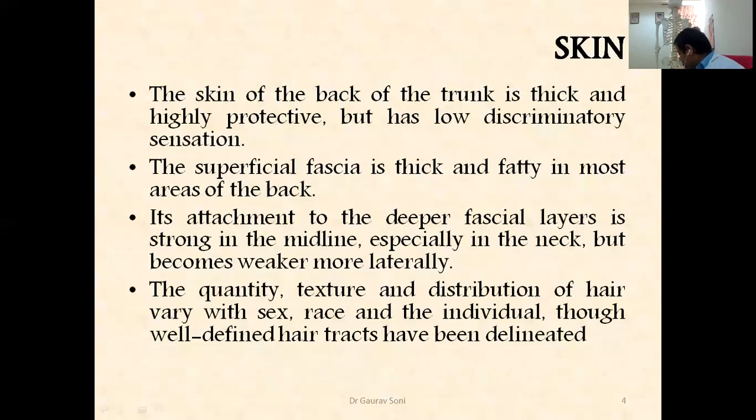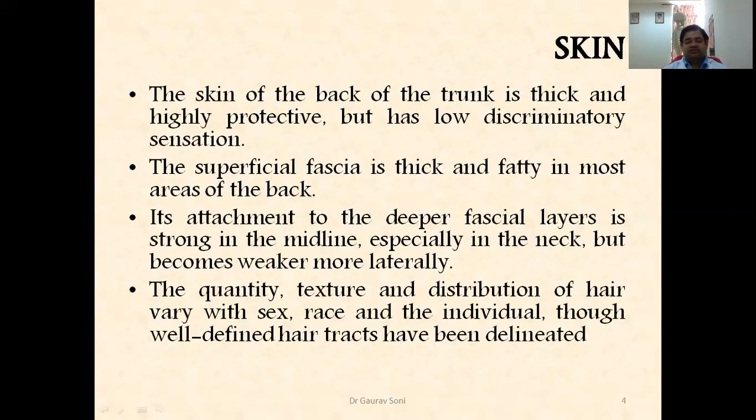Again, I want to show you one small demonstration of one vertebra, so that you get more specific knowledge about it. You can see here, this is one of the vertebrae. Today we are not going to talk about which particular one, but only simple parts. This particular thing is the body of the vertebra. Then these two things are the transverse processes, and the longer one which is going downwards, if it is placed in an oriented position, this is anterior, this is posterior, this is the spinous process. Keeping all these things in mind, we have to talk about the further details of what we are going to see today.